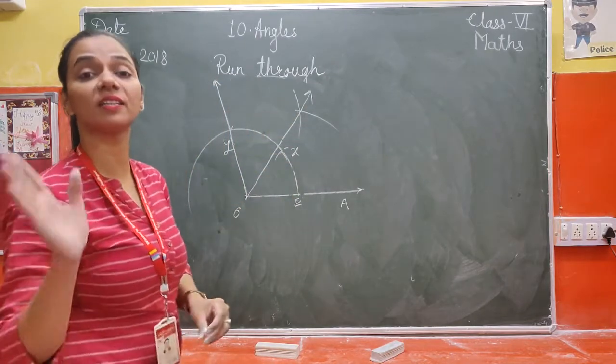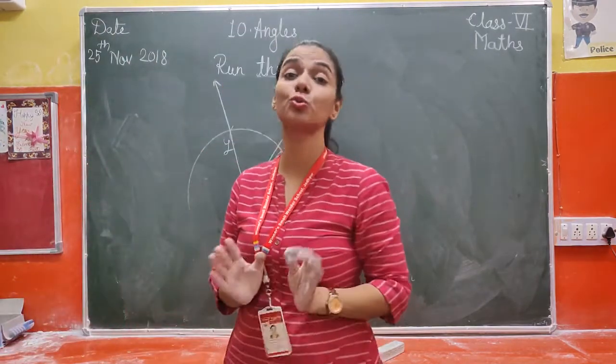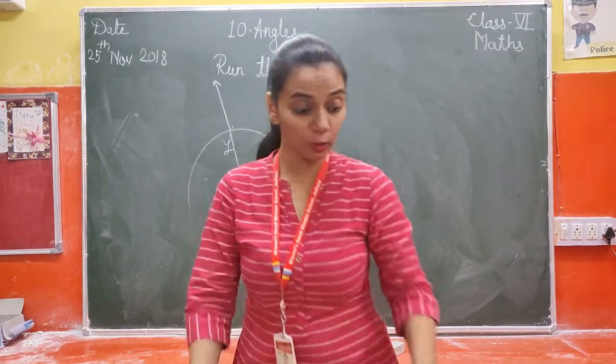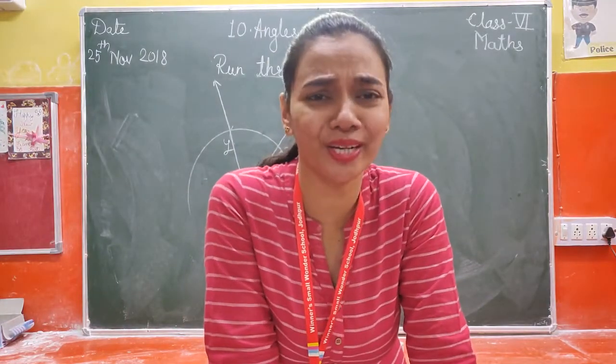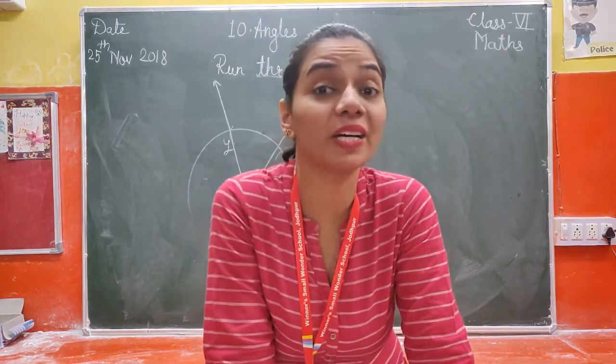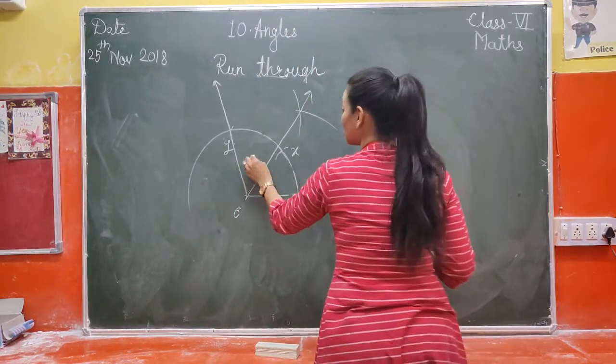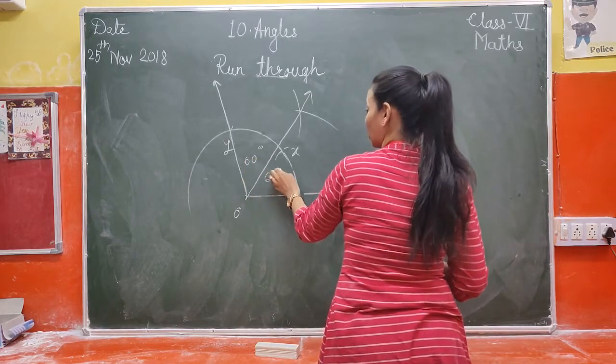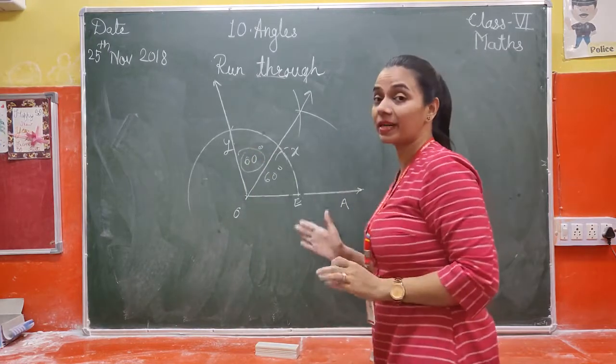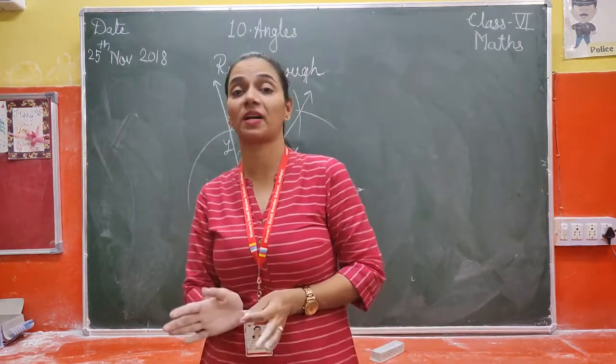And what is an angle bisector? A ray which divides an angle into two equal parts. Got it? Now, I hope you have understood it. You can draw it easily. And remember, an angle bisector divides any angle into two equal parts. That is, now these two angles are 60 degrees and 60 degrees. An angle bisector always divides any angle into two equal parts.